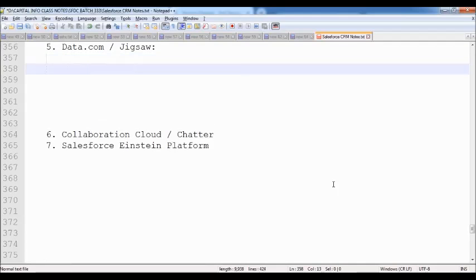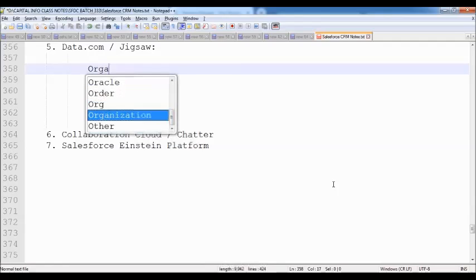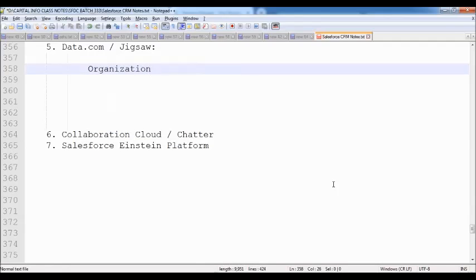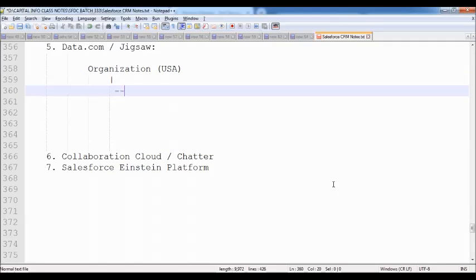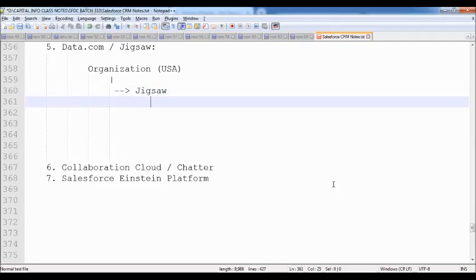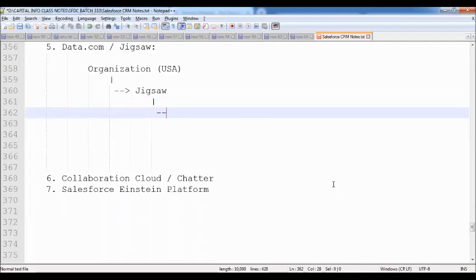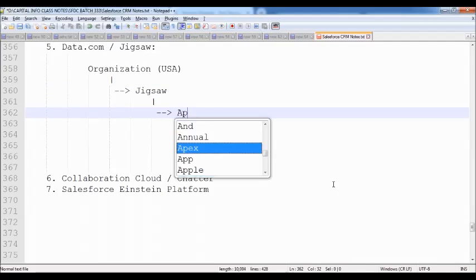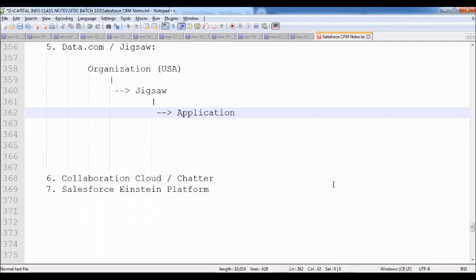Sometime before, we had an organization in the US with the name Jigsaw. Jigsaw is a US-based organization, and it developed a software application that is also called Jigsaw.